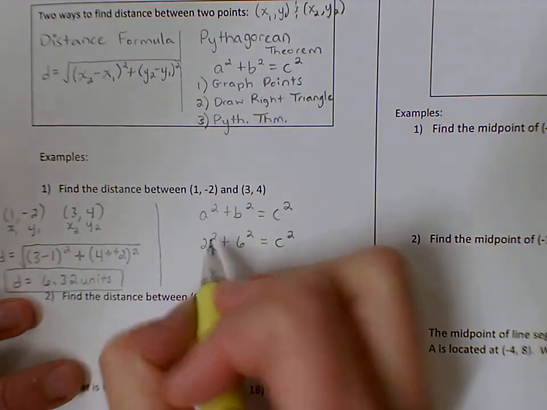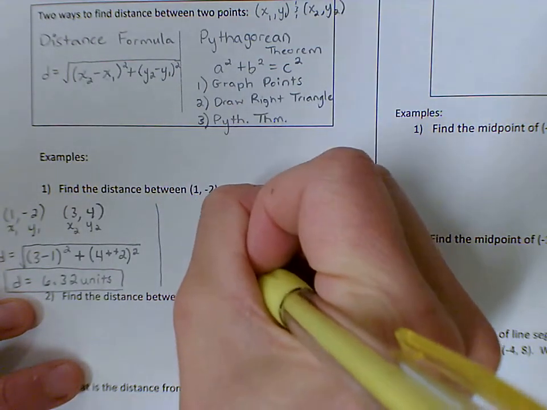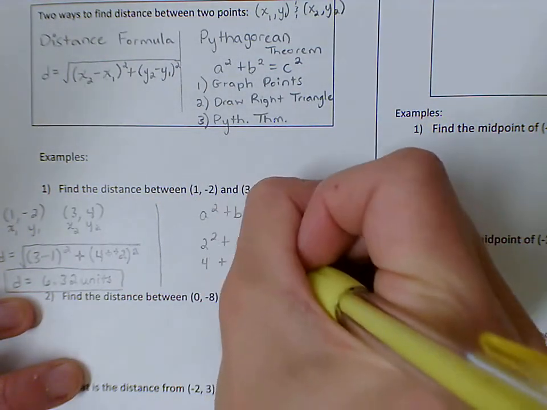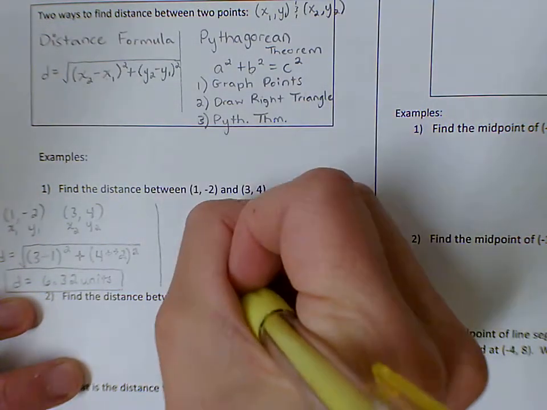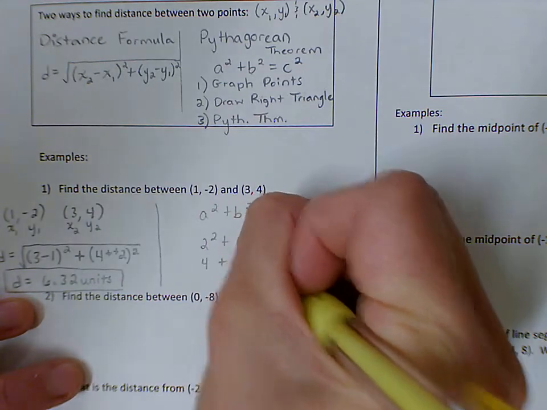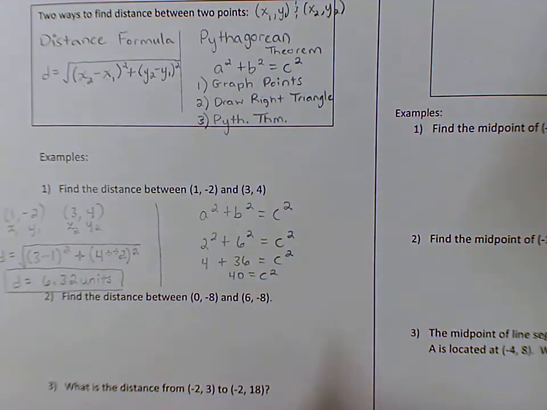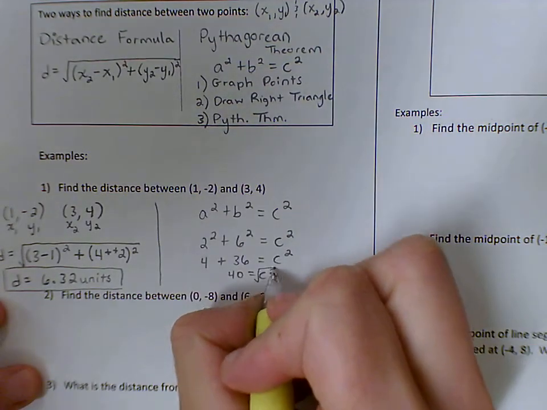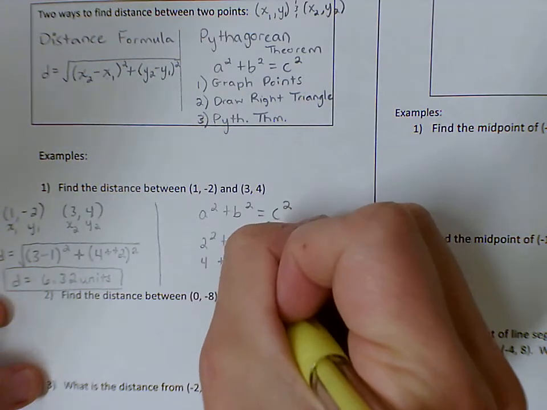So you just simplify. So 2 squared is 4 plus 6 squared is 36, and then that equals C squared. And then combine them. So 4 plus 36 is 40. And now, to get rid of the square, the opposite of squaring something is square rooting it. So I'm going to square root both sides. And when I do that, my C would equal